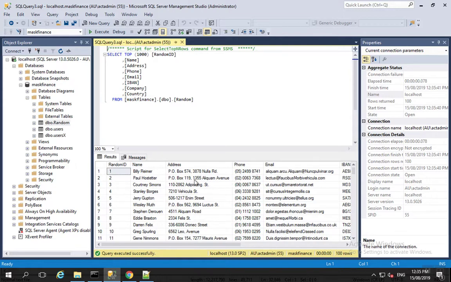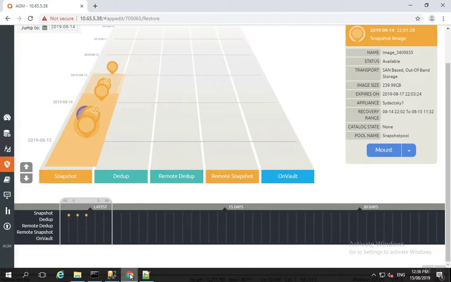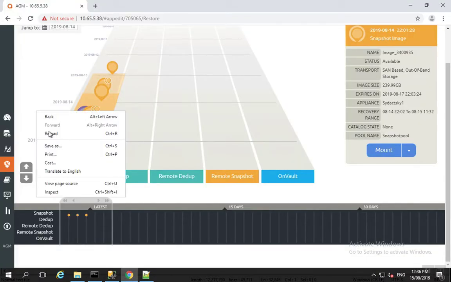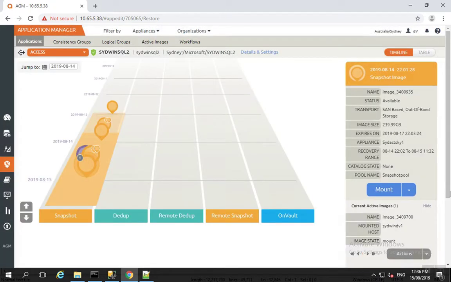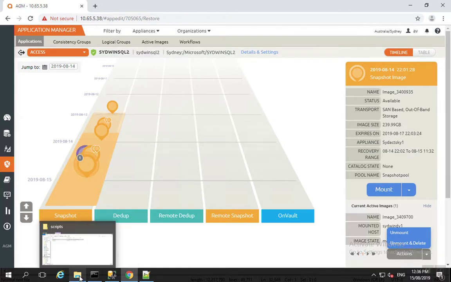If I connect it to the source database, we can compare source with target. But what we know now is that the masking is working, and the neat thing is that's ad hoc masking. Where I've mounted to my mask server, I could unmount that image and then mount it to a different server. That would be ad hoc masking without a workflow. But the nice thing in this process is we've confirmed that I can build the project, I can run the masking manually, and I'm now